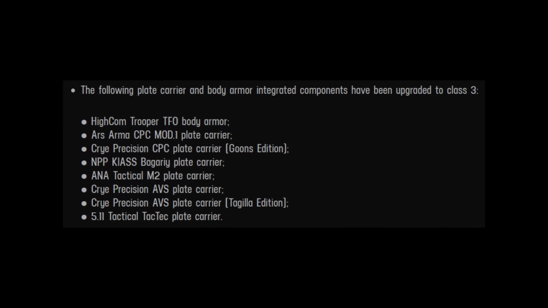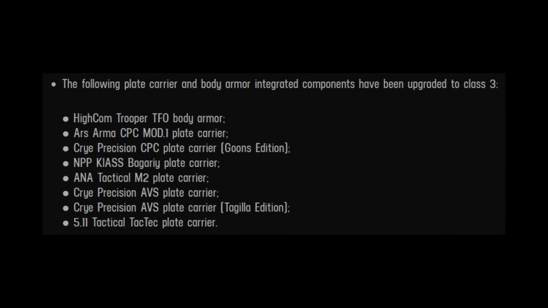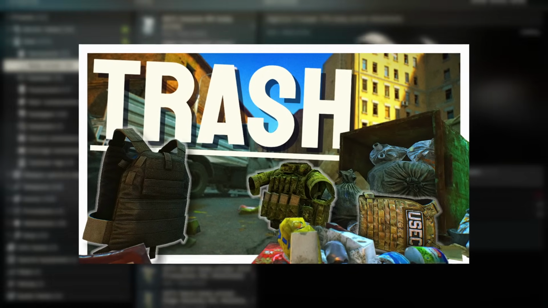Before I continue, I'd like to mention that the most recent patch we received was rolled back, which reversed changes like certain armor being upgraded from tier 2 aramid to tier 3 aramid. So if we look back at the thumbnail, we can apply this to these armor vests and discern why they're